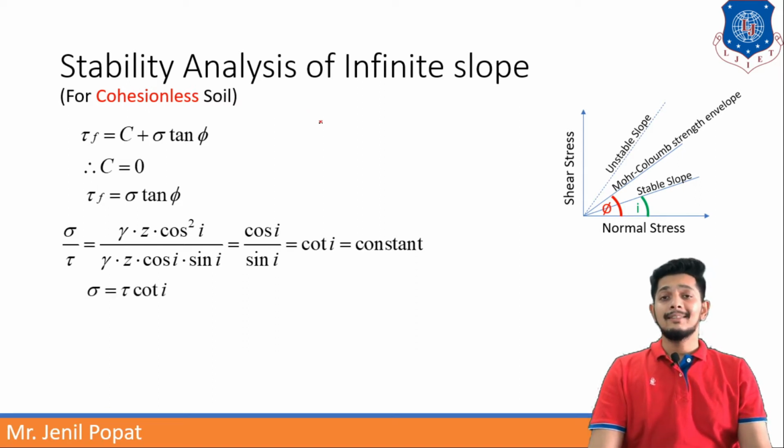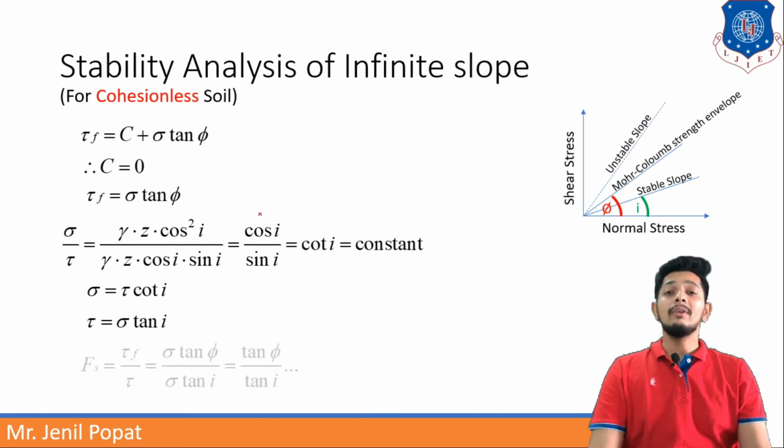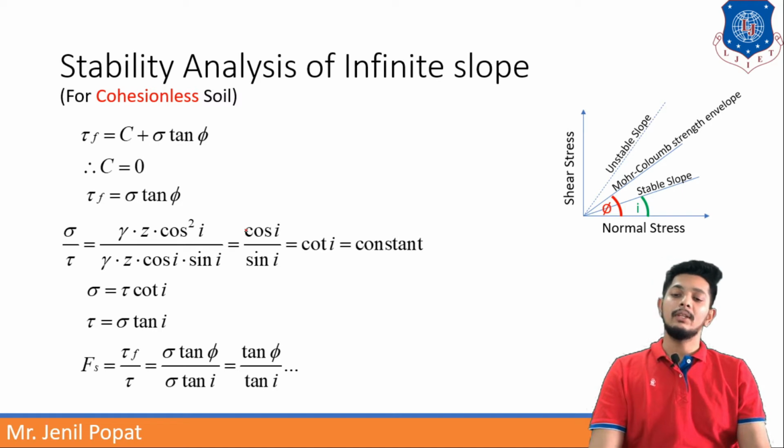Now let us write, from this equation, sigma is equal to tau into cot i. In the same way, tau can be written as sigma into tan i. Now we know that Fs, the factor of safety, is equal to tau f by tau. So tau f will be sigma tan phi and tau will be sigma tan i. Sigma will cancel and the factor of safety for cohesionless soils will be tan phi by tan i, which